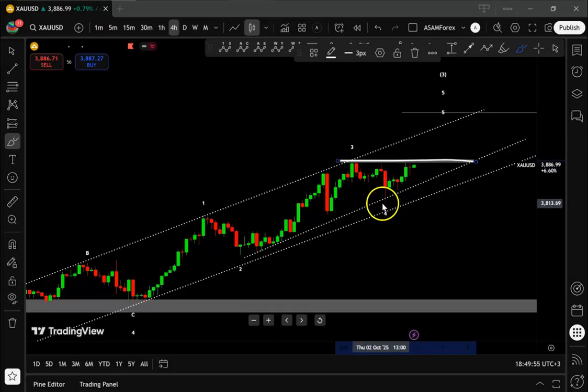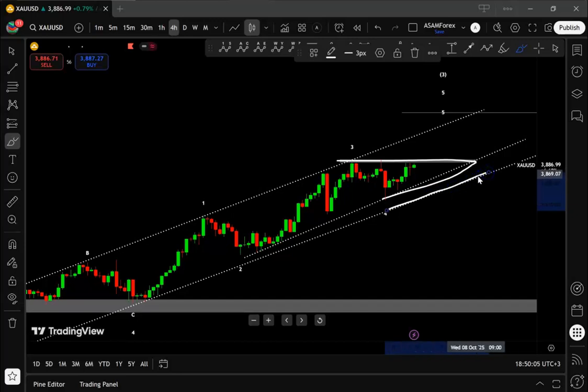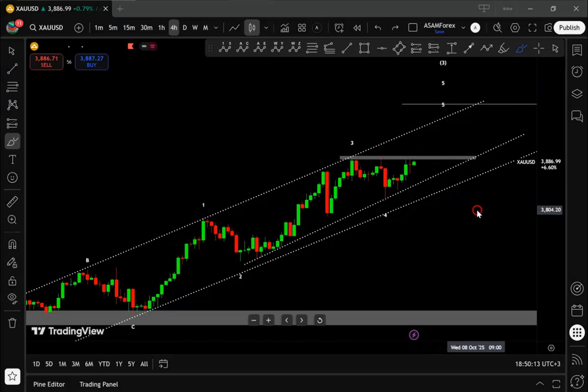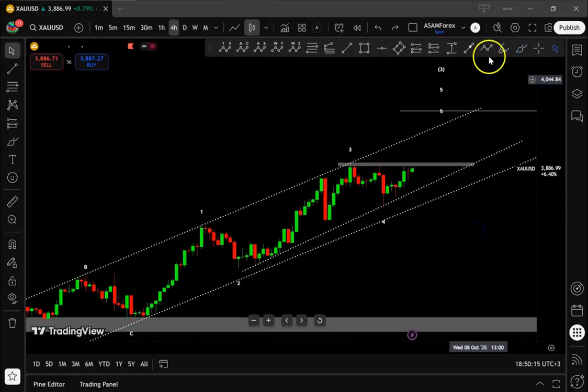And alternatively, if price does not move with that push to the upside, we have these two levels down here. The levels of support are going to provide us with a possible alternative price move in the coming week. So more specifically now, how are you going to trade next week?